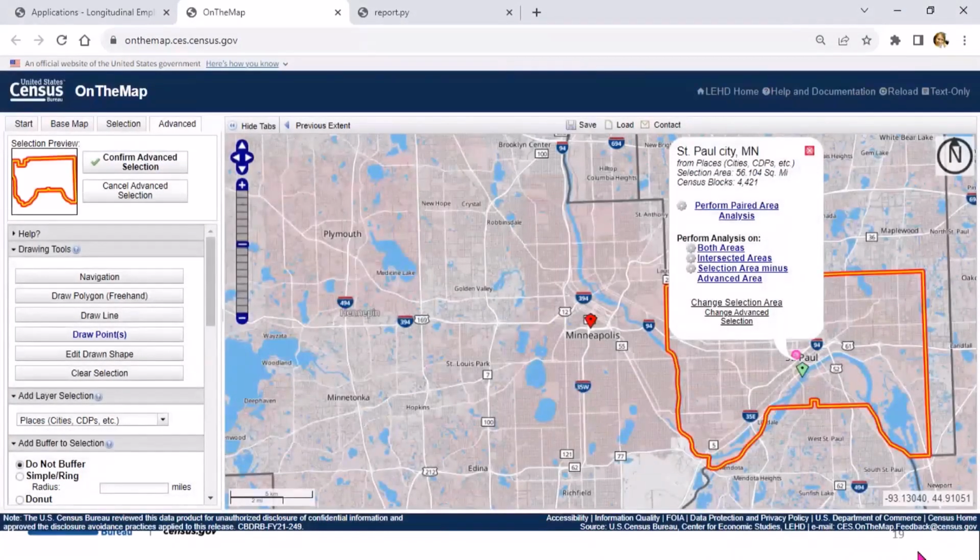So then you get another pop-up, and this one asks if you want to do the paired area analysis, or you can look at both areas, or you can look at intersected areas, or you can look at selection area minus advanced area. We are just going to do the perform paired area.